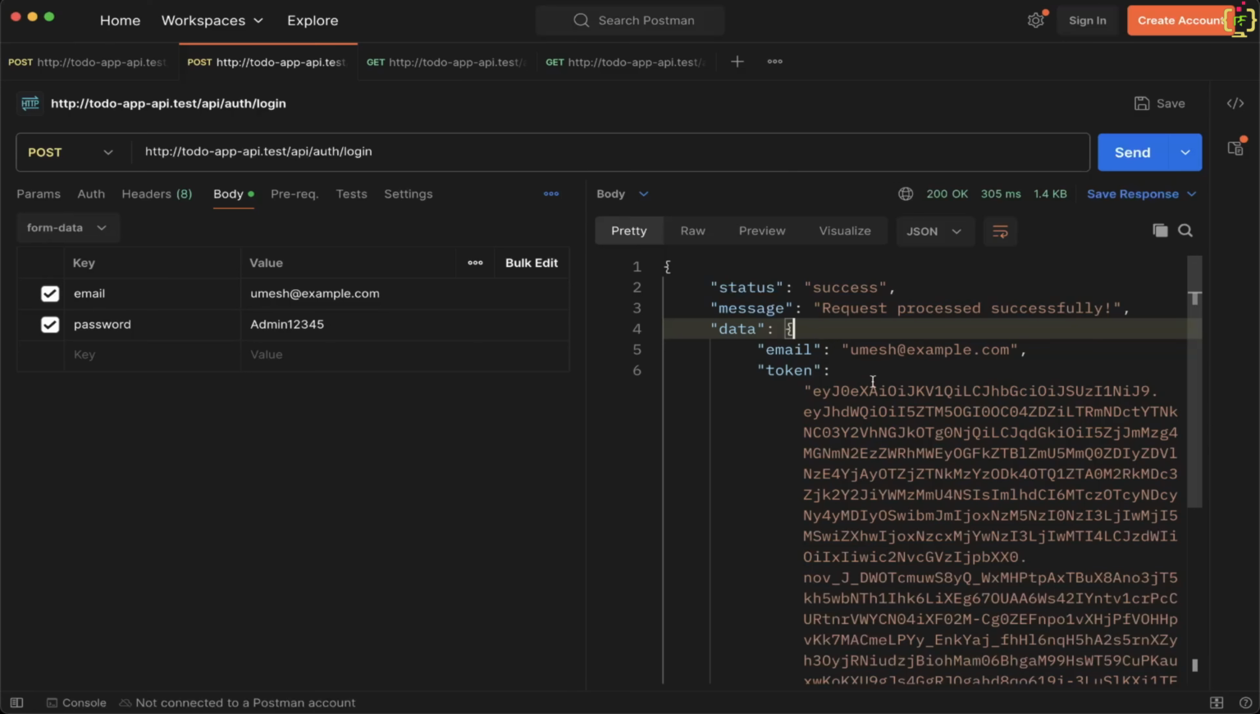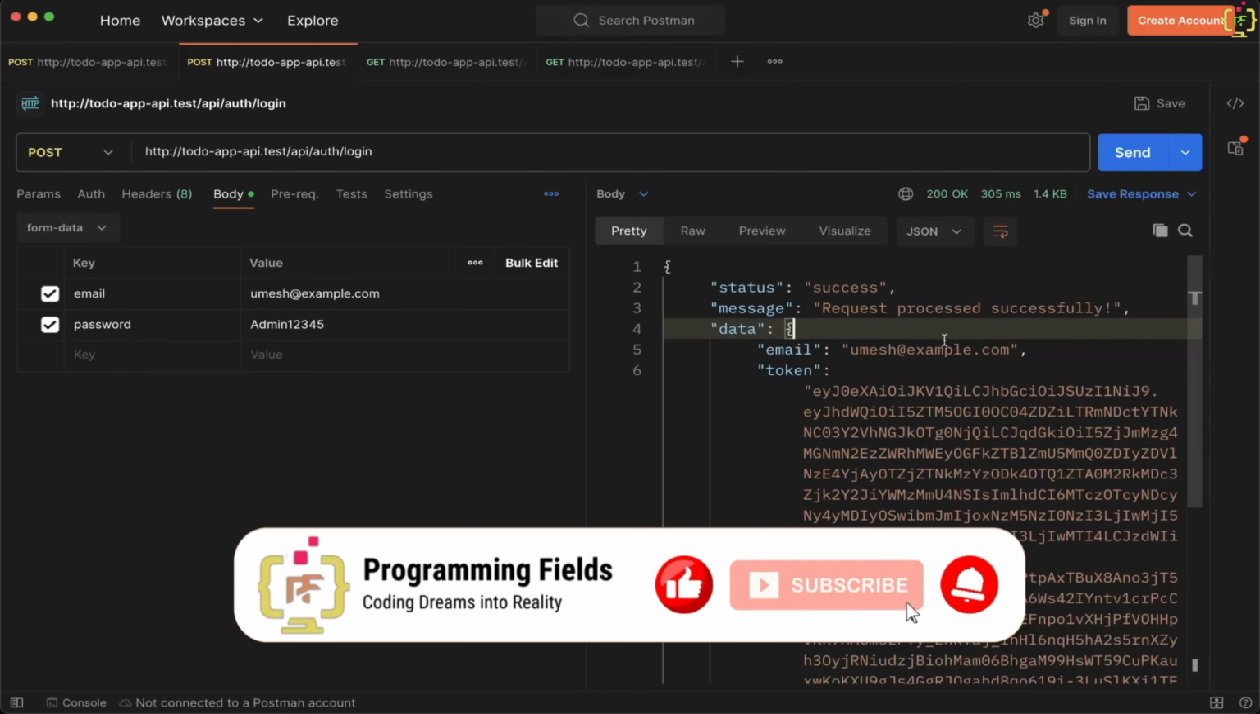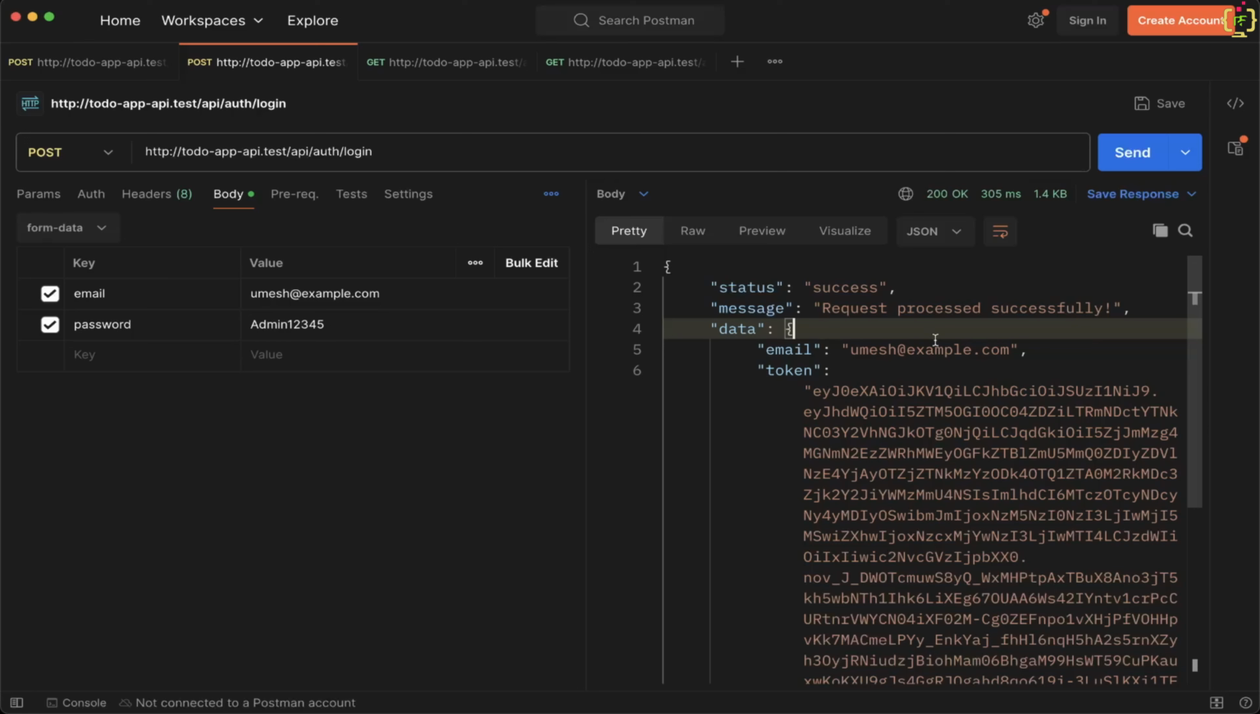So in today's video, you will learn how to create, update, delete and fetch to-dos using API requests, and we will see how to properly structure an API using the repository and service layers. Also, we will see how to protect routes with Laravel Passport authentication, and then we will see best practices for